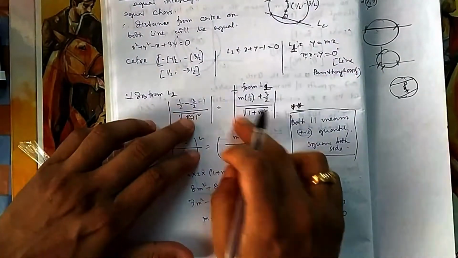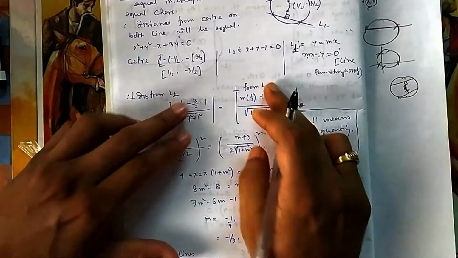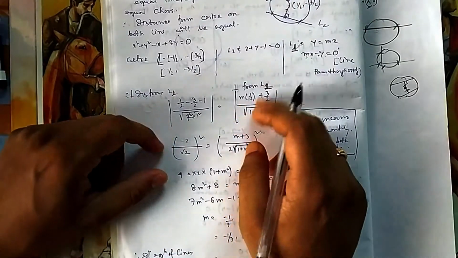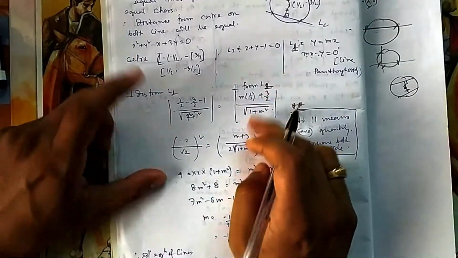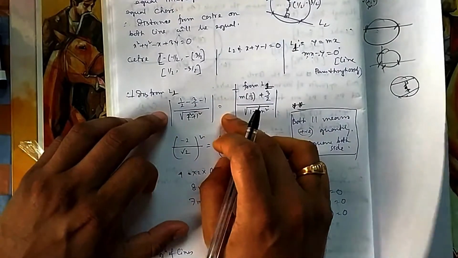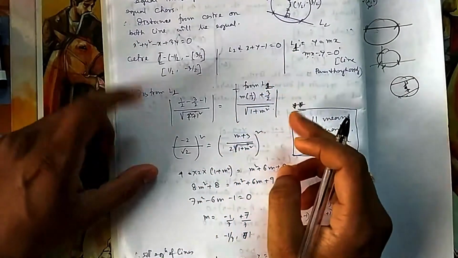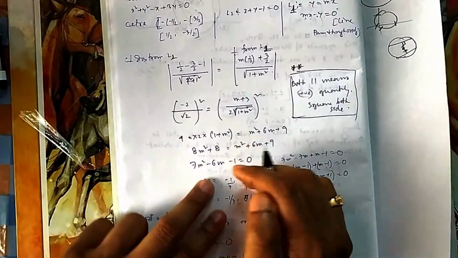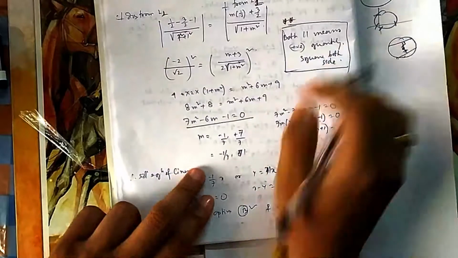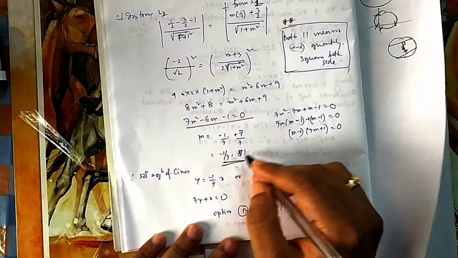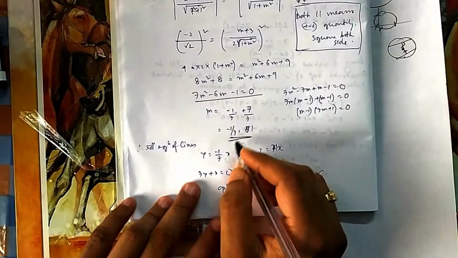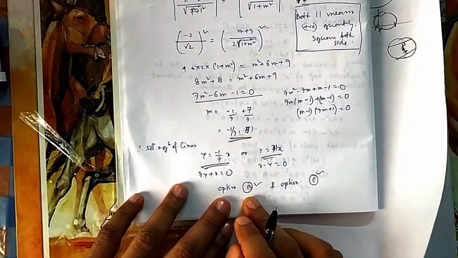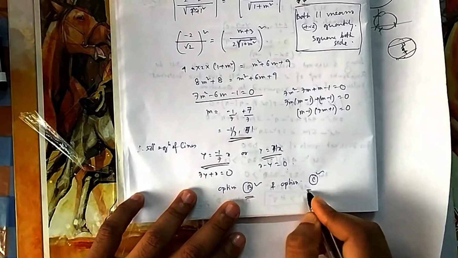Because there is a mod on both sides, both indicating positive values, you can take the square on both sides, and the mod can be removed, because it is also plus minus on both sides. Then you will get a quadratic equation in m; solve it and you will find the two values of m. So you will have two equations, y equal to mx, y equal to mx. It was a multiple correct option type question, and options B and C both are correct.